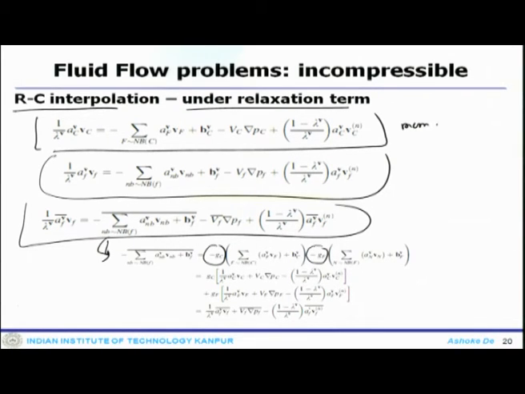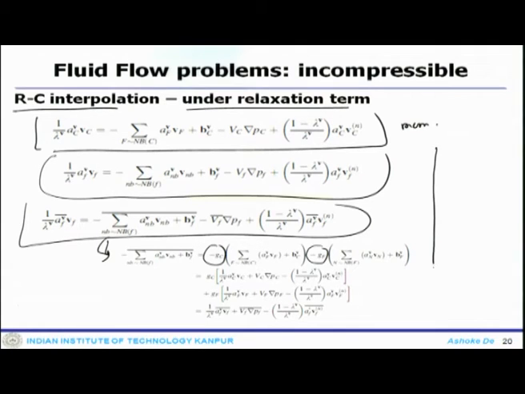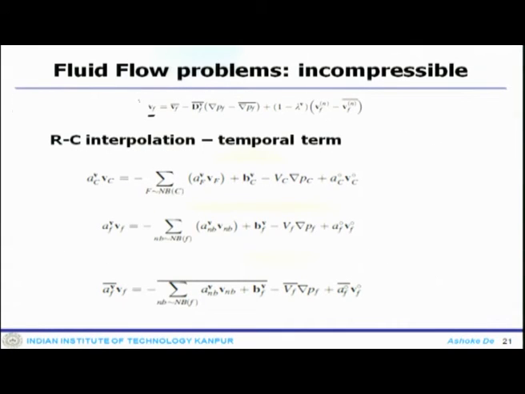Finally, this leads to a calculation of the face variable, which is written as Vf. All this algebra you can carry out because it starts with the momentum equation. The important point here is that you get back the surface value, which is an average surface value, then there is a delta p f, the pressure gradient, and then 1 minus lambda. So, this is how, when you use under relaxation, the Rhie-Chow interpolation gets modified.